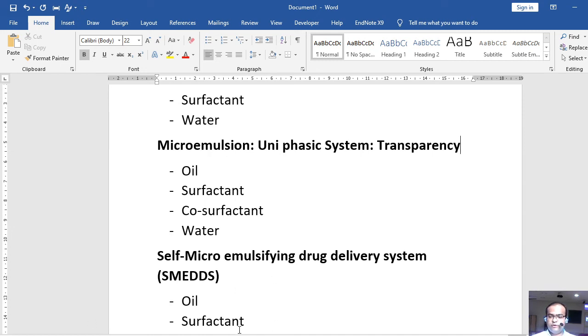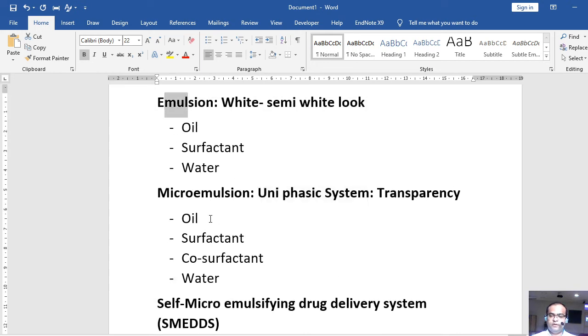So today I will show you how to prepare a ternary phase diagram for the microemulsion. Why do we need to prepare a ternary phase diagram? We need to identify the perfect area, or the perfect combination of compositions. If we select that particular combination, then we will get the transparent or uniphasic system in case of microemulsion. Beyond that area or combination, we will have an emulsion, right?